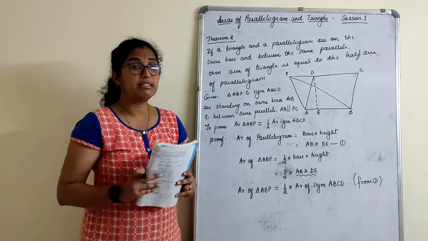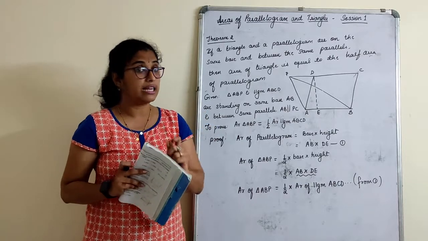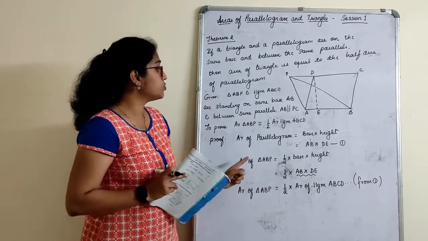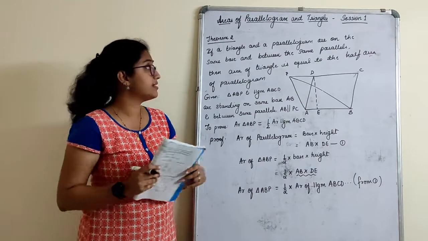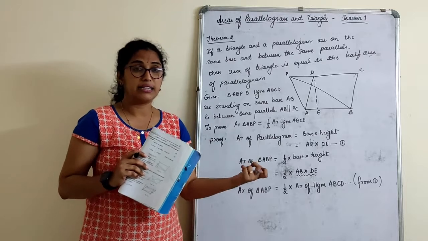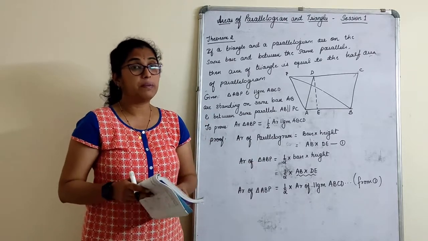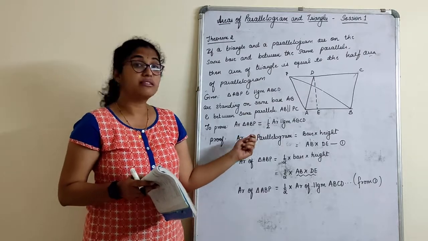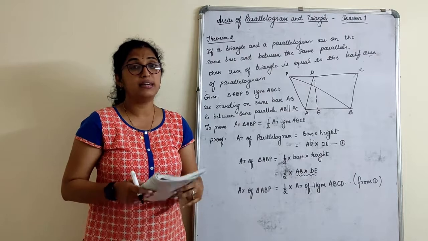So in today's class, we covered the introduction to the chapter and two theorems. Along with these two theorems, I will also give you the converse and another two variants, that is, if two triangles stand on the same base, their areas are equal. Only the statement, there is no proof for that. So with that we complete today's session. Numericals based on this chapter and these theorems, we will do in the next session.